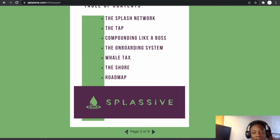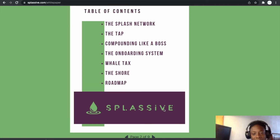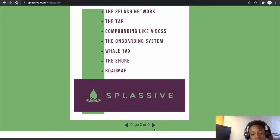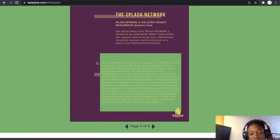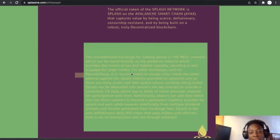The first thing we're going to look at is the Splash Network tap. I don't think we necessarily need to look at the compounding bonus. Probably going to look at the onboard system and the Splash Network. Splash Network is the latest project developed by the Splassive team. The official token, we already read that. The recommended exchange for Splash, I told you all, was the Well contract, which is basically the tab, which is basically buying it on the Splash